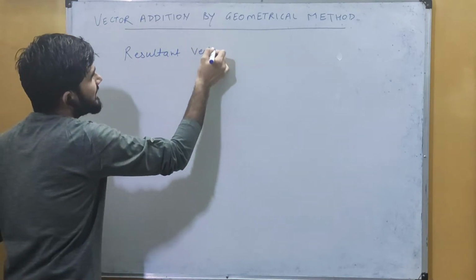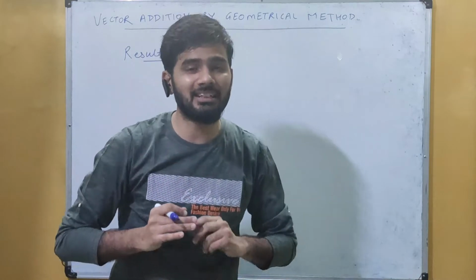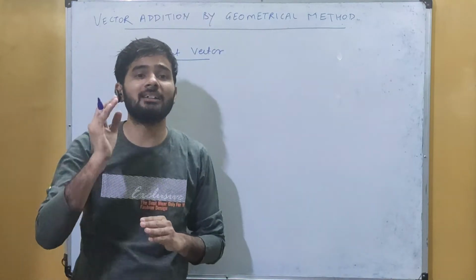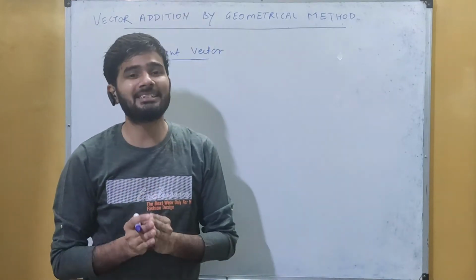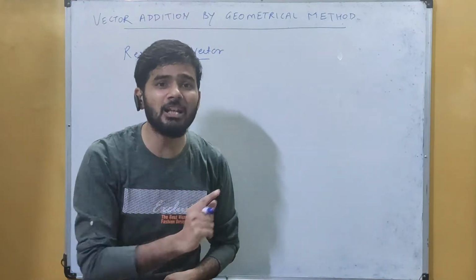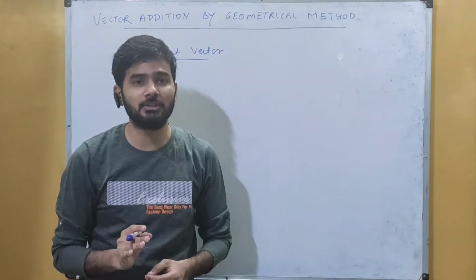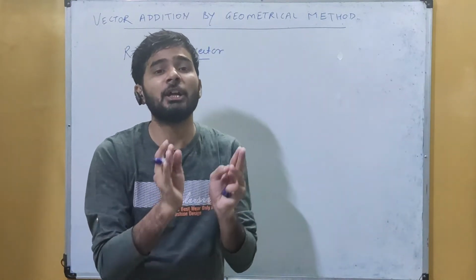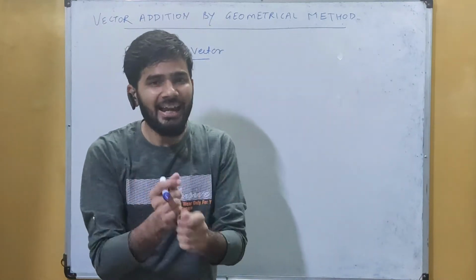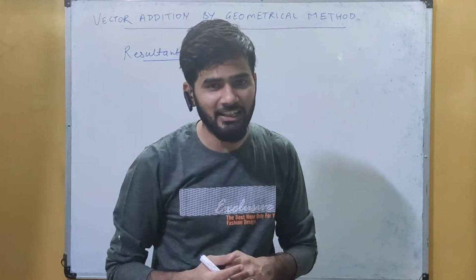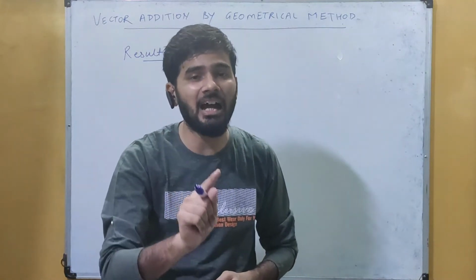अब यहाँ पर ये resultant it's also kind of vector, but what actually is this resultant? In simple language, you can think that the resultant vector is the final answer. The resultant is a single vector which produces the same effect as is produced by the different vectors together. अगर हमारे पास दो या तीन वेक्टर्स हैं, उनको हमें ऐड करना है, that is vector addition, and after adding we get a final resultant answer.